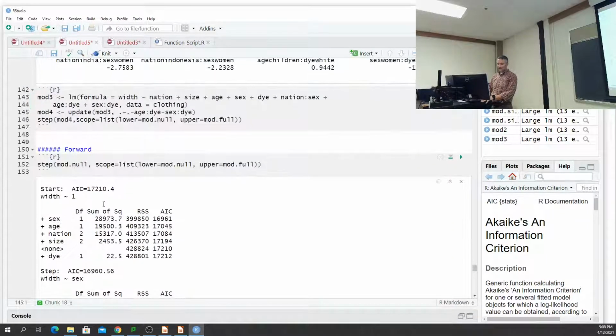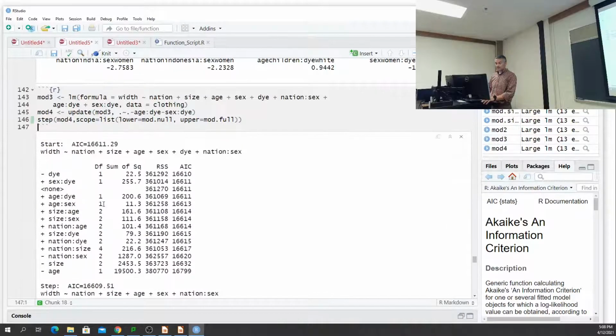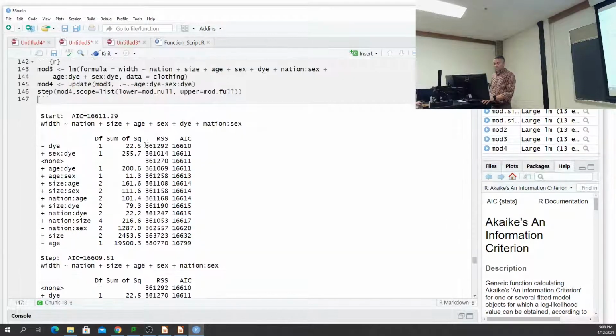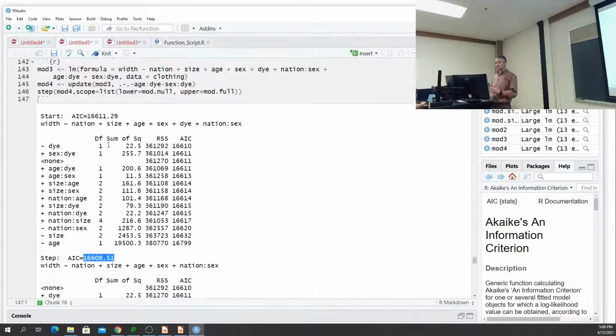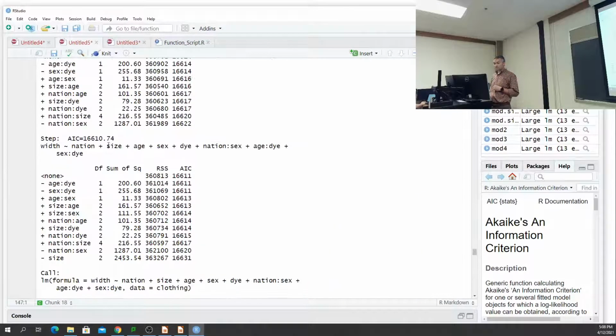So I'm going to call that mod 3. All right. I'm going to make mod 4, which removes, hold on. We actually did one at a time, I think, and then we went ahead and did both of them all at once. All right. And took our step. And we'll ultimately get to the same AIC, but you can notice when we did this,